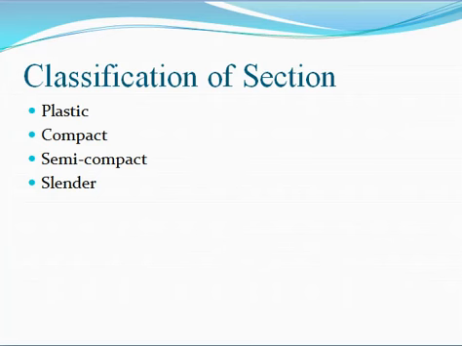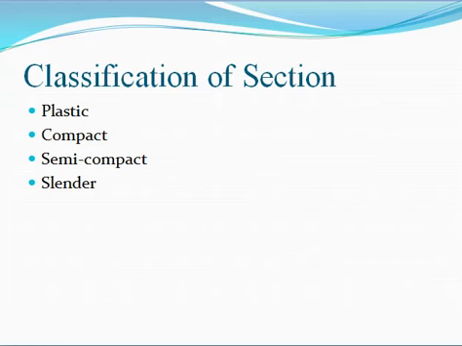That is the question. If the flange portion is classified into plastic and the web portion into compact, then what do we have to do? We have to do as per this IS code clause. Again read the line, page number 17. After these four classes A, B, C, D, read the next line. When different elements of a cross section fall under different classes, means flange is classified into one class and web into a different class, in that case the whole I section shall be classified as governed by the most critical element.